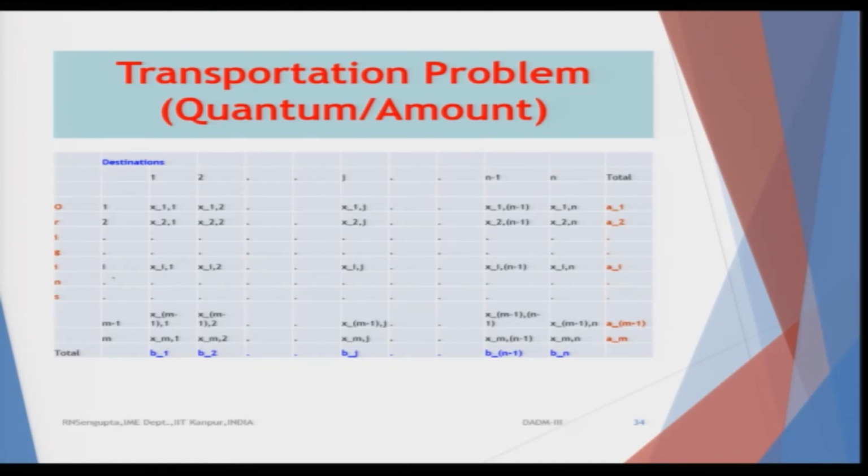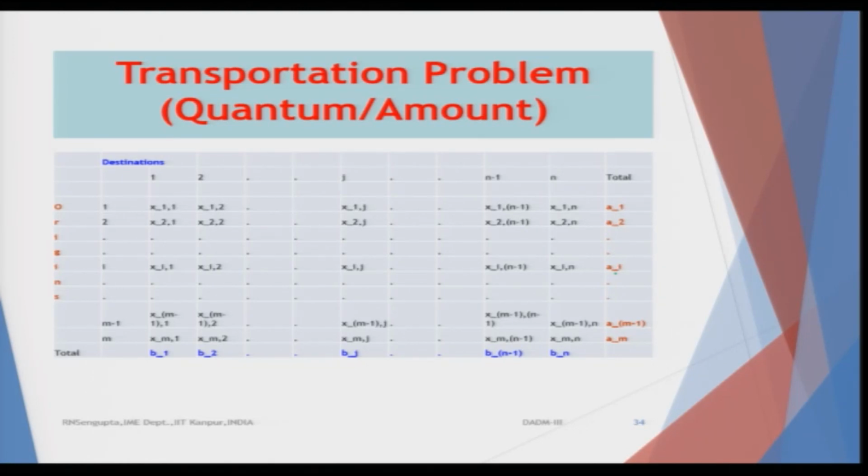Similarly, if I see the ith origin, from the ith origin I am transporting to the first destination x i 1, to the second destination x i 2, to the jth destination x i j, to the n minus 1th destination x i n minus 1, to the nth destination x i n, and the sum of all these, that means x i 1 plus x i 2 till x i j, then till x i n minus 1 and x i n, is equal to